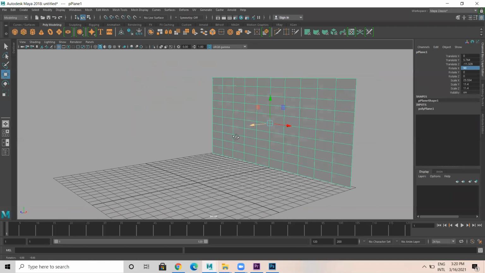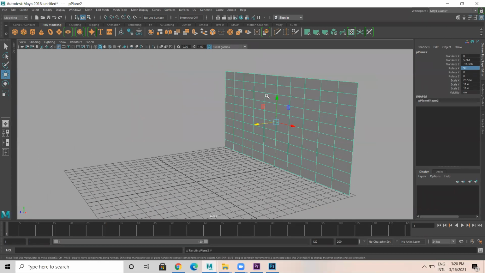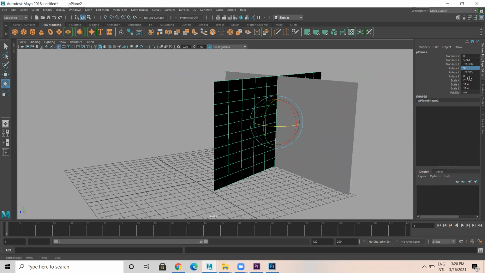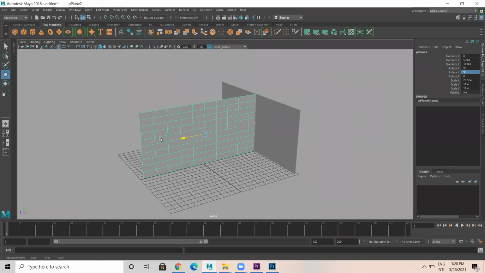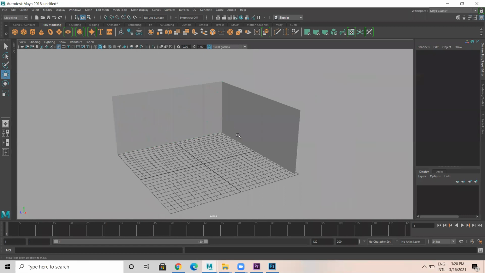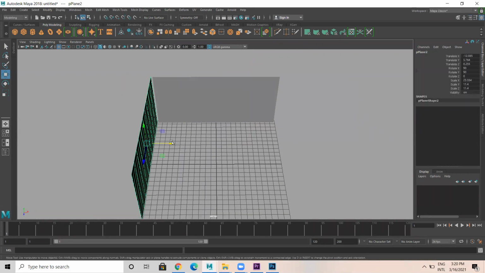Okay, you have it like this. Then I duplicate 90. It's like this.